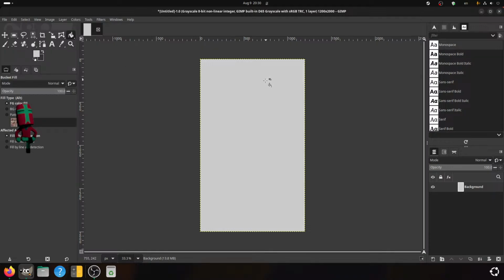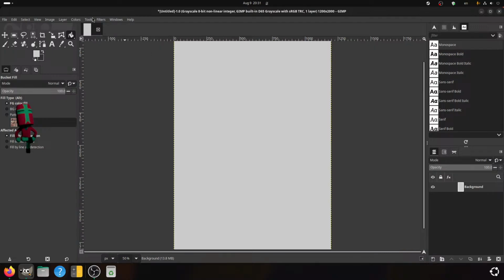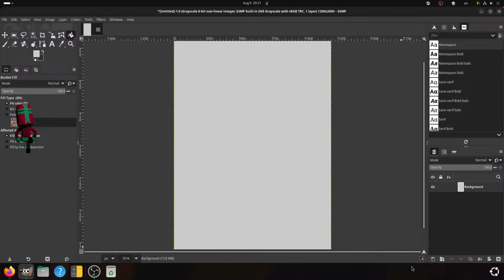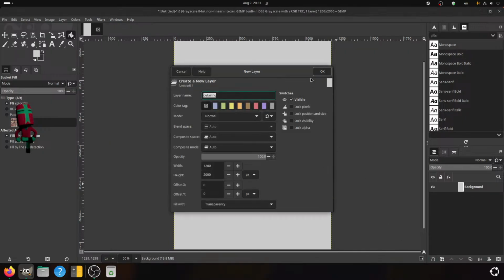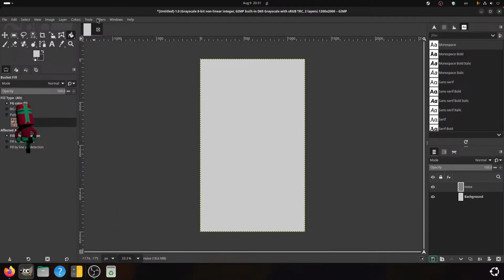Let's make the white a little less white. That is better. Now let's introduce some noise into the white. Shall we? Noise. Filters. I'll actually put another one of these filters.